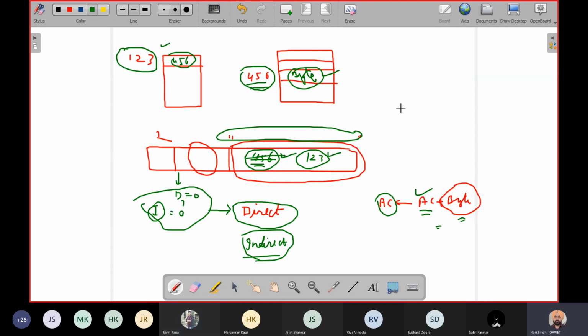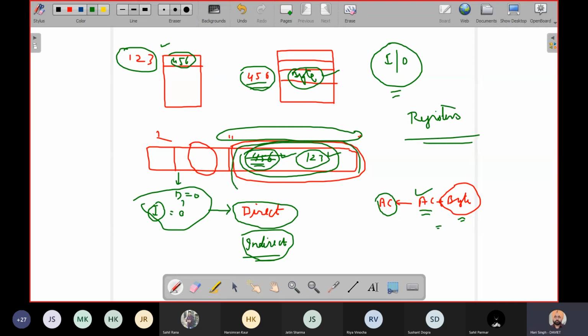If the addressing mode used is input output, meaning the instruction is related to input output devices, then we have to mention the address of the device. So it is given directly in this part of the instruction. And if the instruction is related to registers, there are various registers in the microprocessor, so to which register the microprocessor has to communicate, whose address will be available in this part of the instruction code.